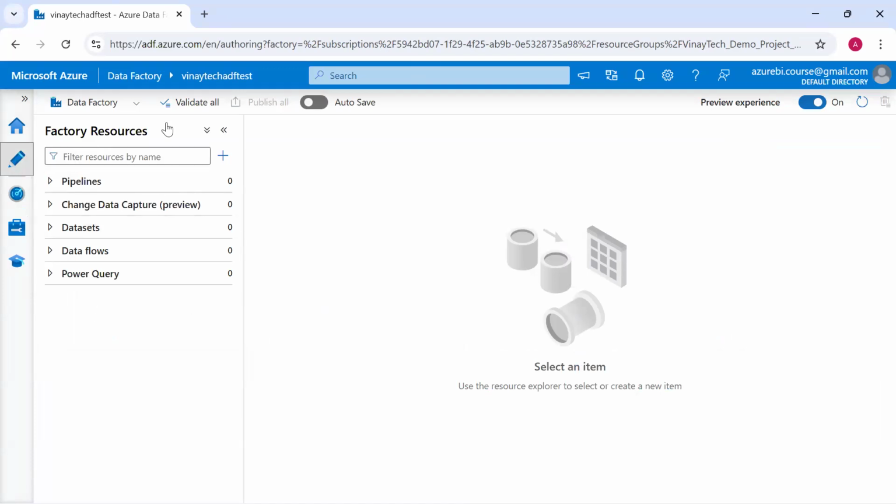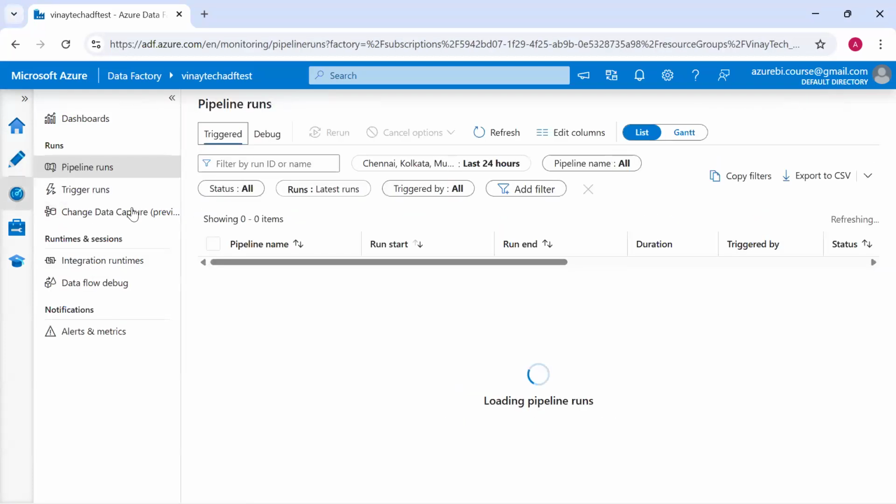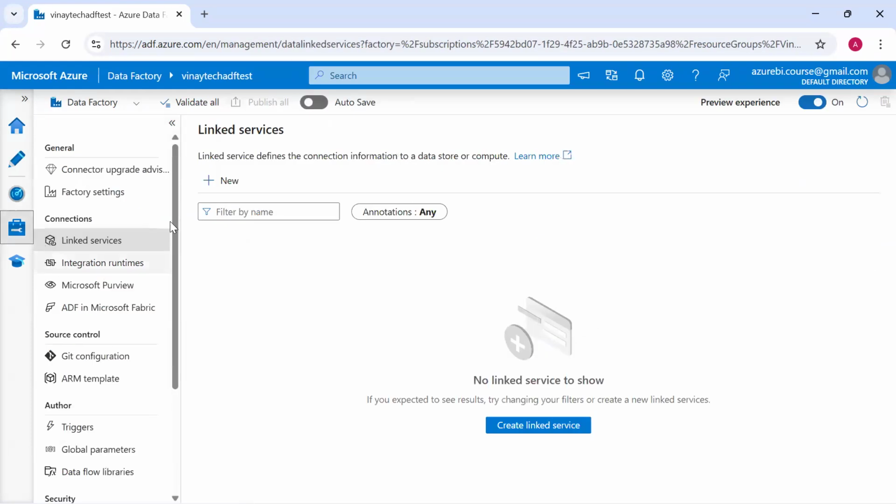Development is not going to be done by your AI. You have to develop, you have to think through the process, when to use full load, when to use delta load, when to use incremental load. This is not going to be done by your AI model. You can schedule here, you can manage connections.